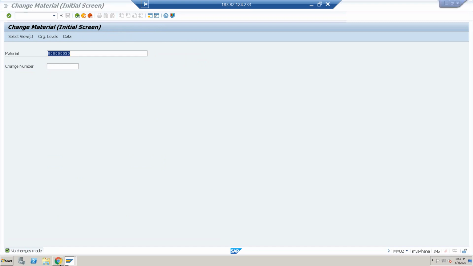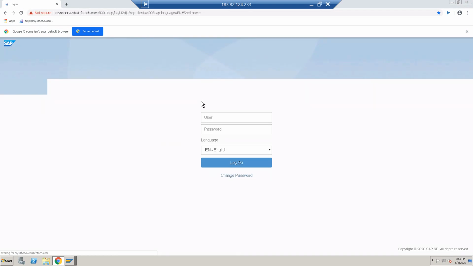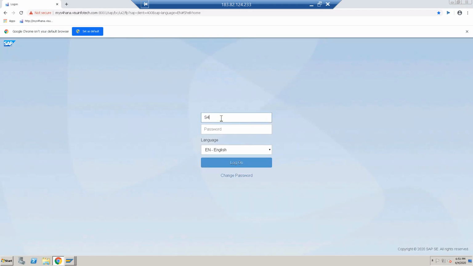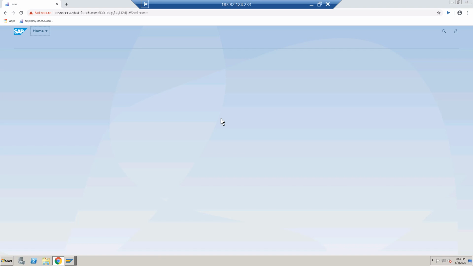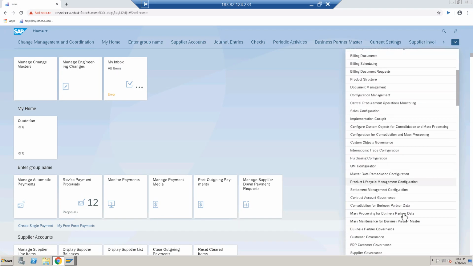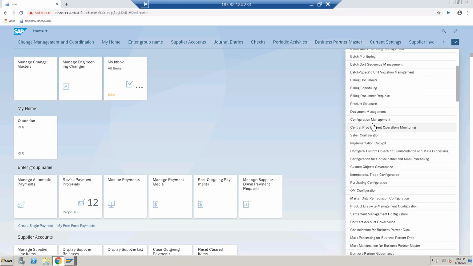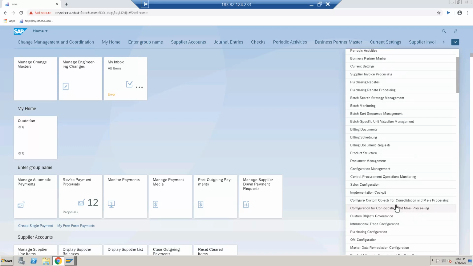For that we need to go to this Fiori app. Login. Then go to batch management. Where is the batch management?